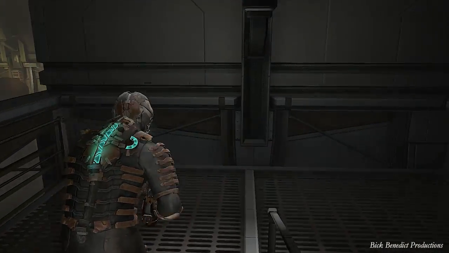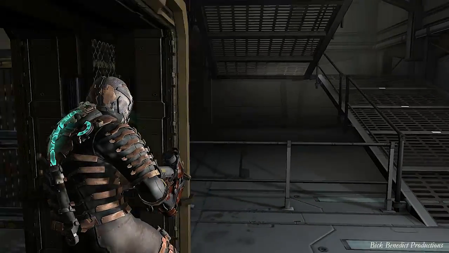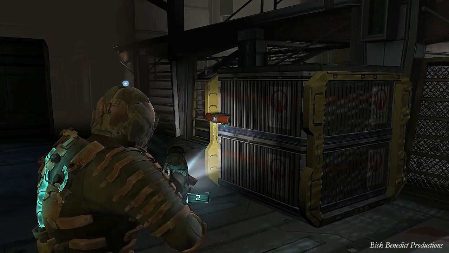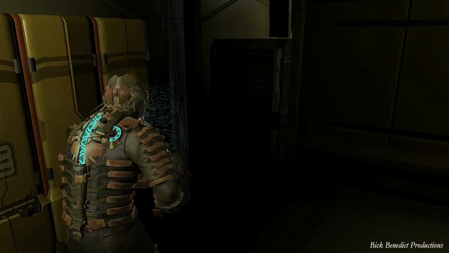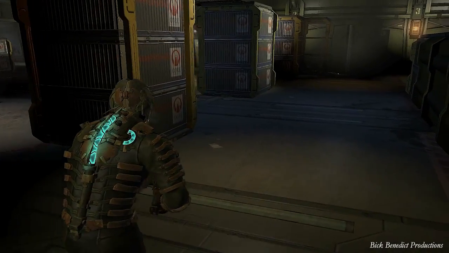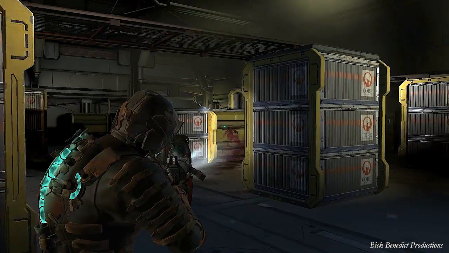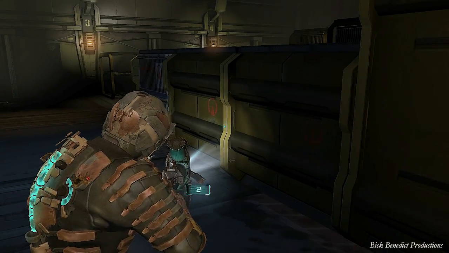Now we're going to be dealing with some stalkers in this room here. I don't know if this is the same room from chapter 3, but it certainly looks like it. You want to get these lockers on the sides. There are some impaling spears over here, but I'm just going to show you the key to how the detonator works. You spawn the stalkers,